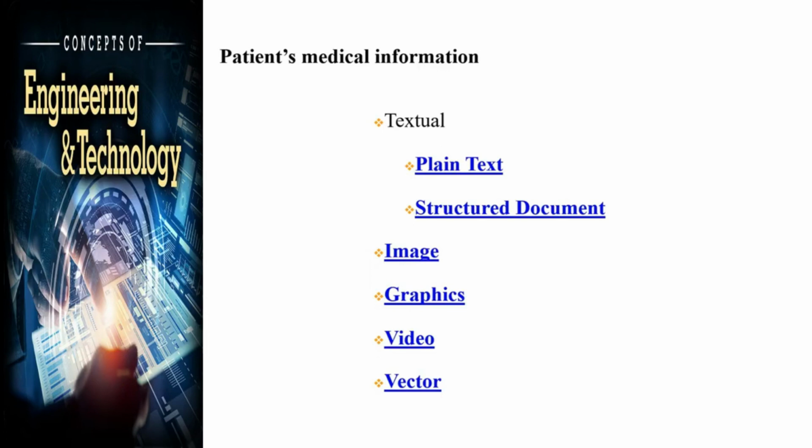I'll be showing that at a later stage. The medical information will also have images like reports, graphics, video, or vector information. This all will be the medical information we'll be talking about for the patient. All this information is very, very important. Once we have all this information, we can plan for the